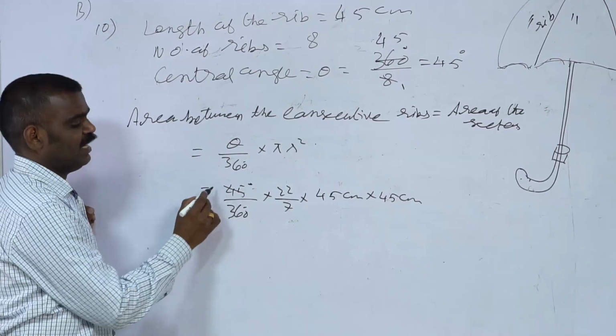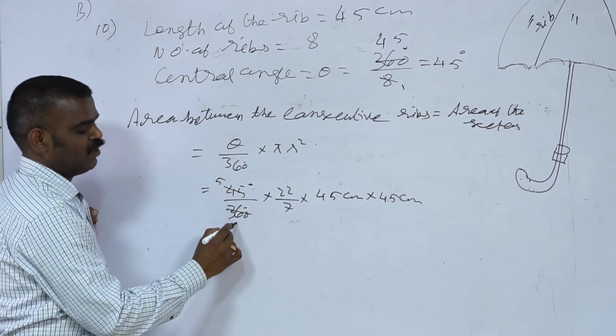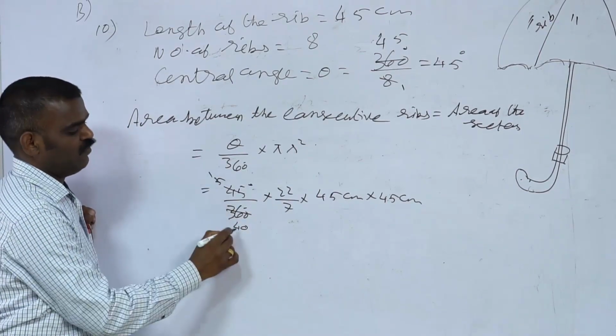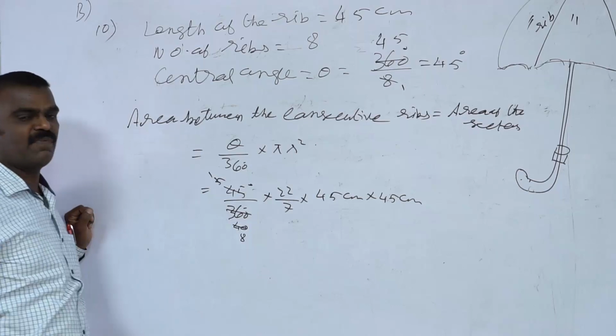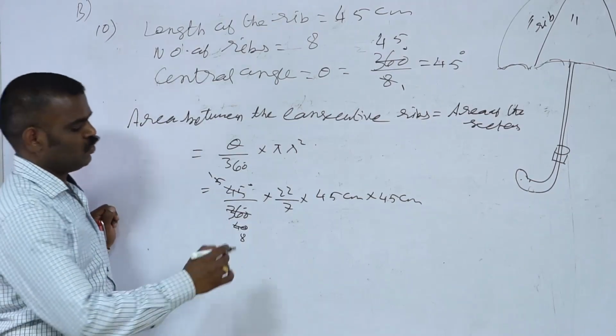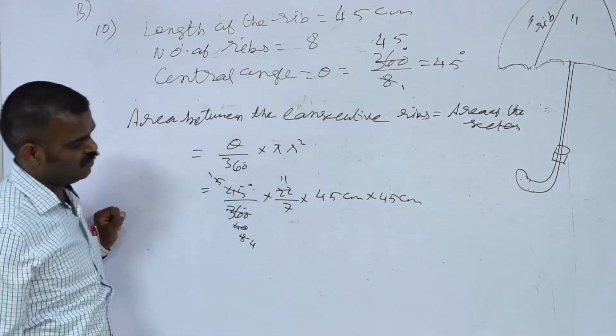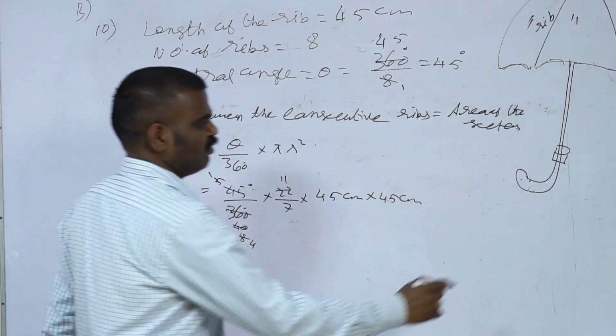9 can divide, 9 how many times? 5 times, 9 how many times? 9 4s are 36, 0. 5 one time, 5 how many times? 8 times, 8 5s are 40. 2 can divide, 2, 4 times, 2 how many times? 11 times. I think again no more chance of cancelling.